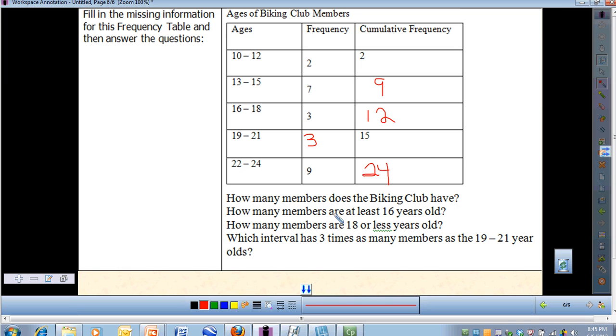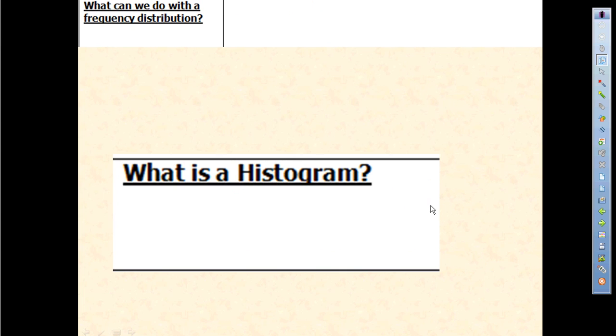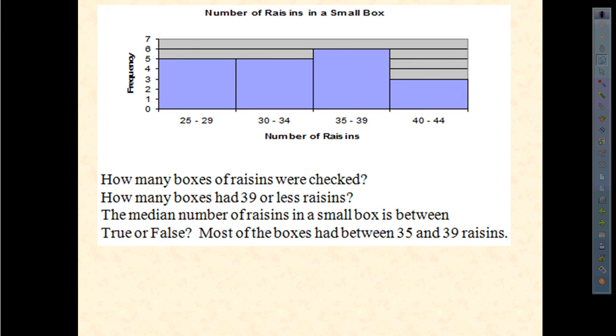So now this one is a little bit of problem solving. Fill in the missing information, and some of this is pulled from the worksheet you'll be working on. Fill in the missing information for this frequency table and then answer the questions. Okay. Age of biking club members. 10 to 12 was 2, cumulative frequency of 2. Ages 13 to 15 was 7, so the cumulative frequency would be 2 plus 7 for a total of 9. And if 16 to 18 was an age range, was a frequency of 3, that would give us a